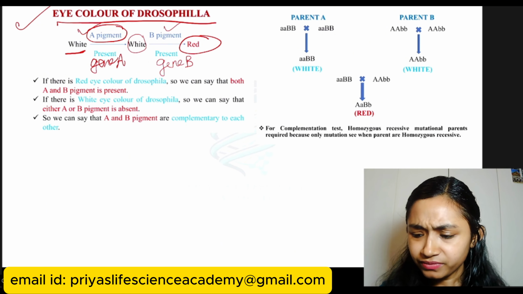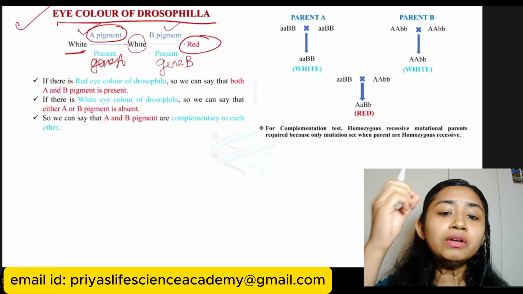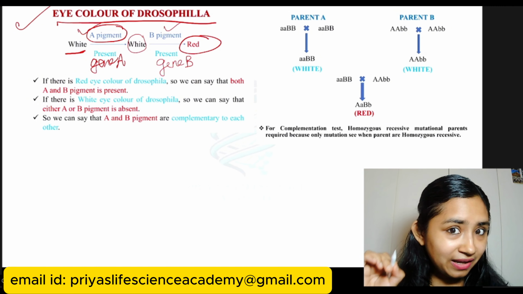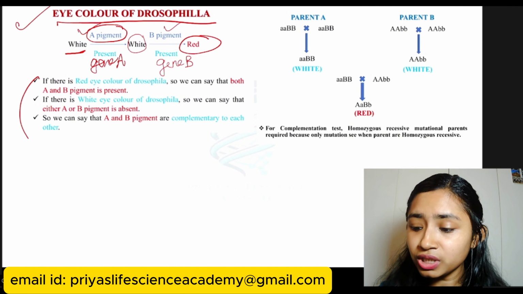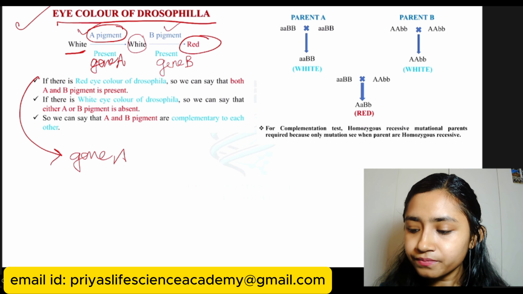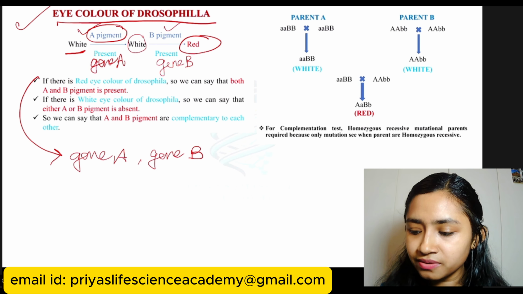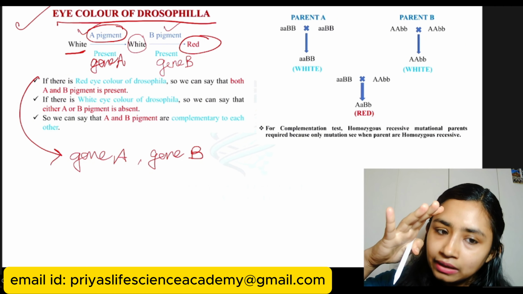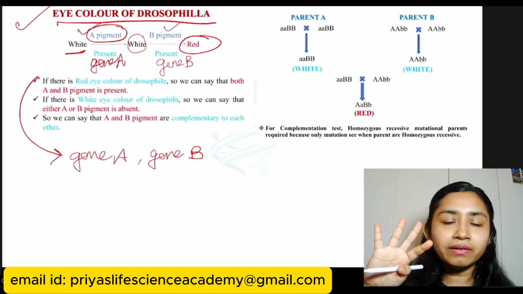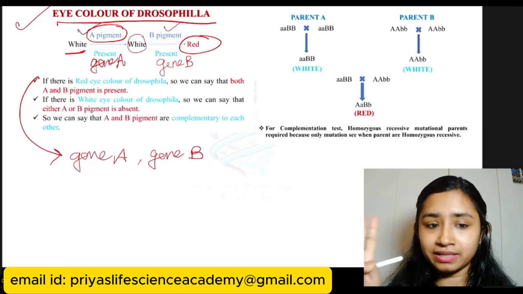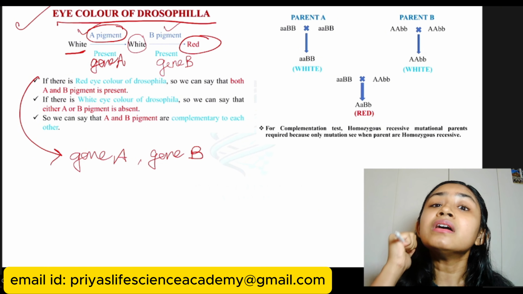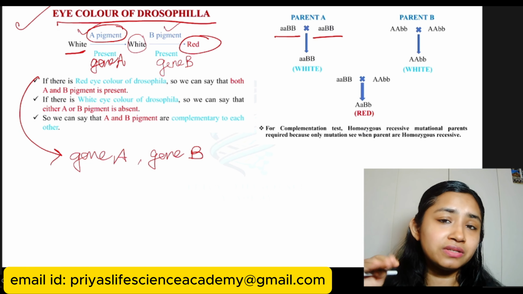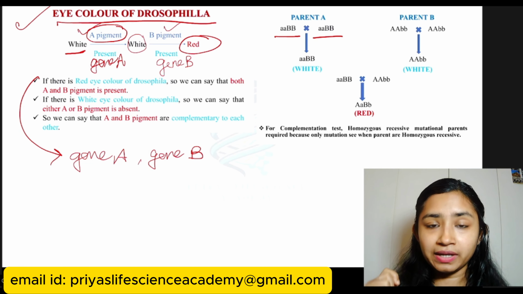Okay, so if there is red eye color of Drosophila, we can say that both A and B pigment are present. The eye color of Drosophila is determined by two genes, gene A and gene B. If there is white eye color, we can say that either A or B is absent. If either A or B is absent, then you cannot get the red eye color. So we can say that A and B pigment are complementary to each other. Both gene A and B's dose are important for determining the eye color of Drosophila, to get the red